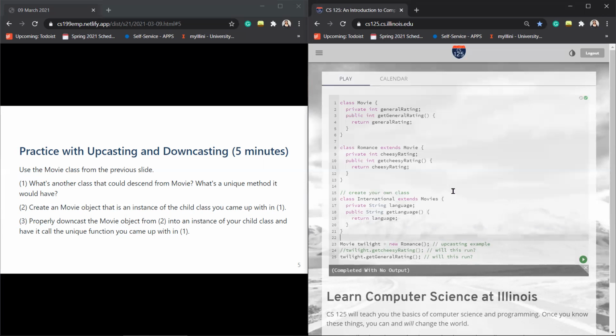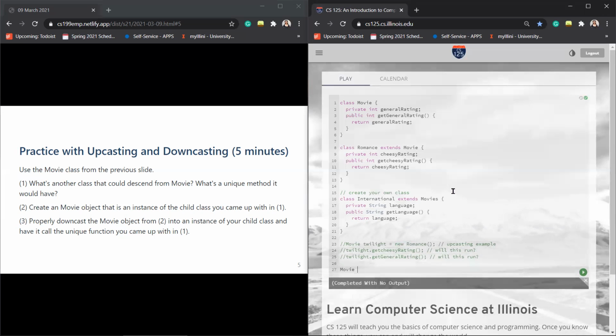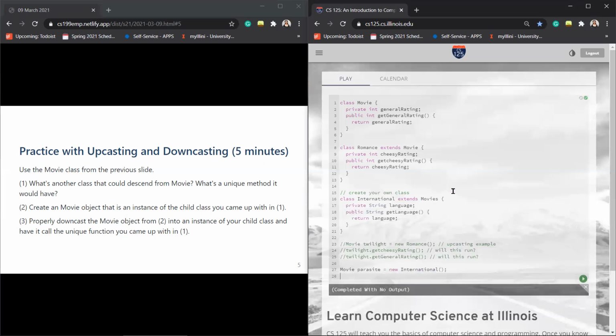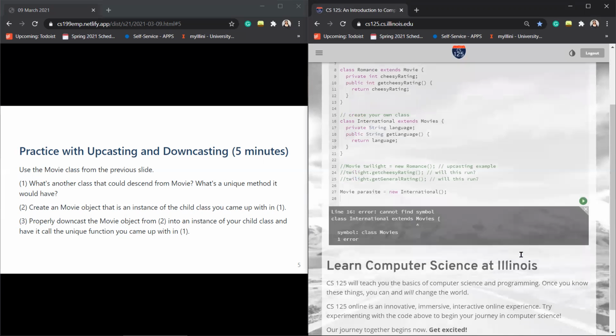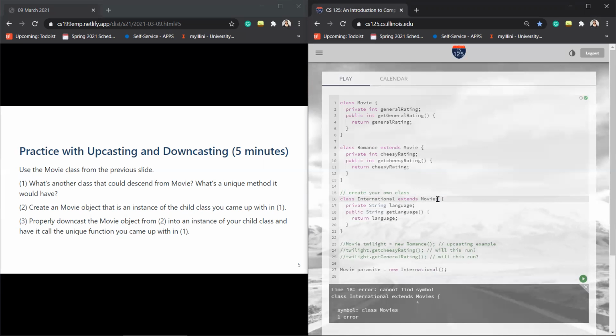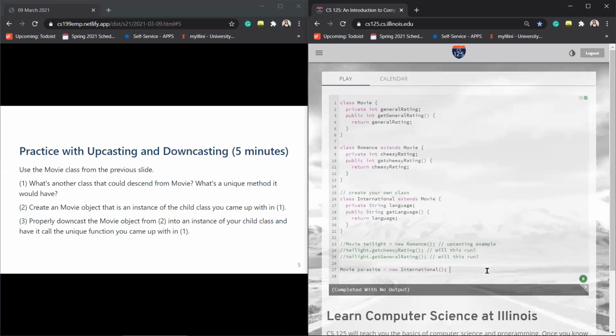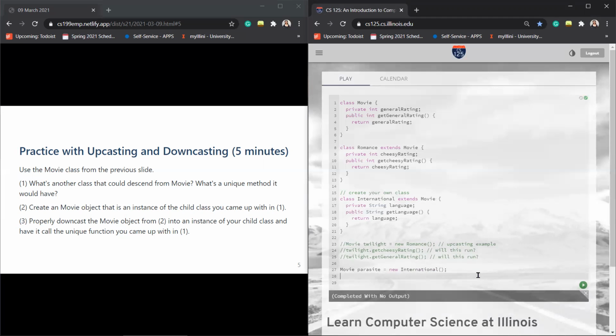Okay. Then the next question was to create a movie object that is an instance of the class that I just created. So here's some upcasting. Okay, so that should work. And movie Parasite. Okay, great. And now I'm going to call